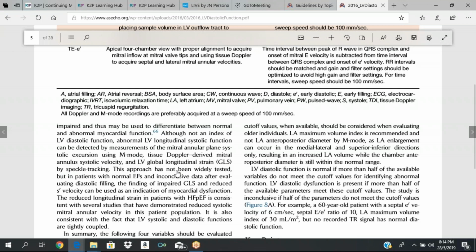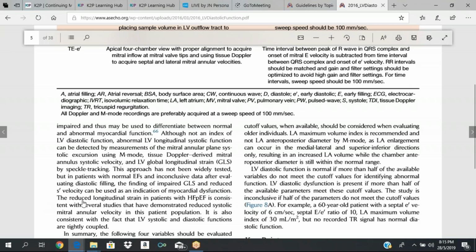This approach has not yet been widely tested, but in patients with normal EF and inconclusive data, after evaluating diastolic filling, the finding of impaired global longitudinal strain and reduced S prime velocity can be used as an indication of